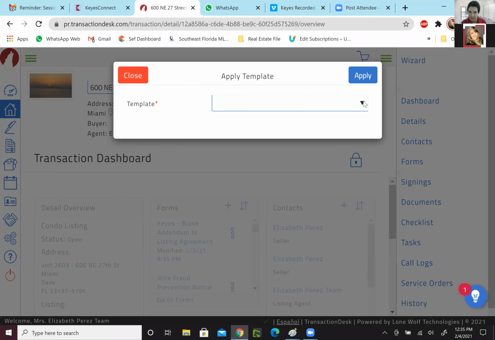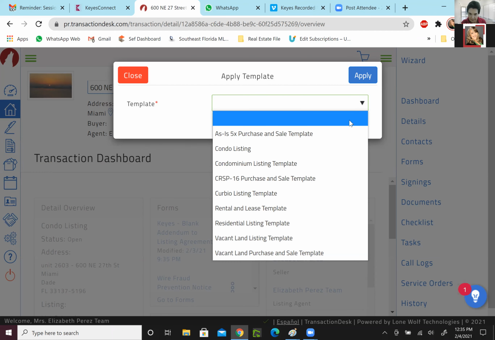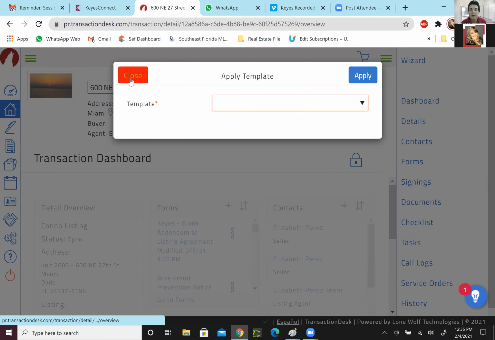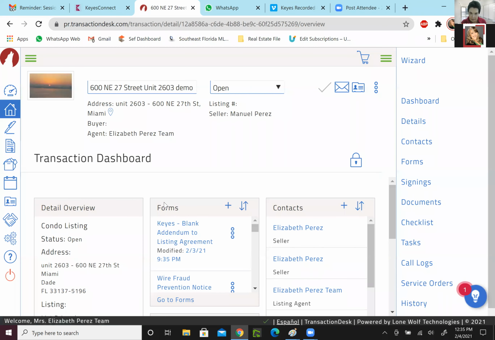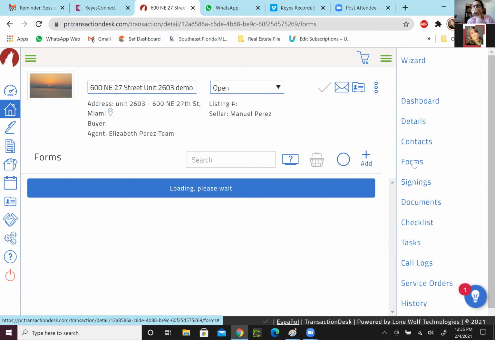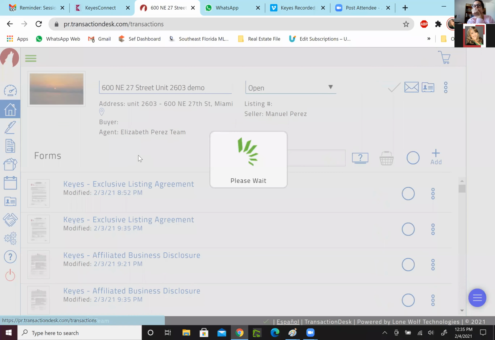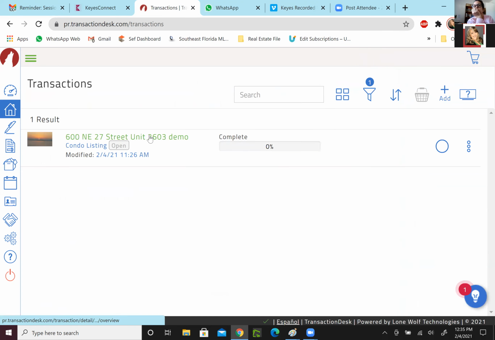Okay. And when you apply the template, you go and you look for whatever you're looking for. Right. Then that will provide you with the templates. The templates are what is called the forms. So if it's not there, you can upload it. If it's not there, you can upload them, right? Yeah, but that's not what she's asking. So the forms will be here, okay? And the forms, you can press forms here on the right. You can press forms here on the left, or you can look into your transaction desk and the forms are